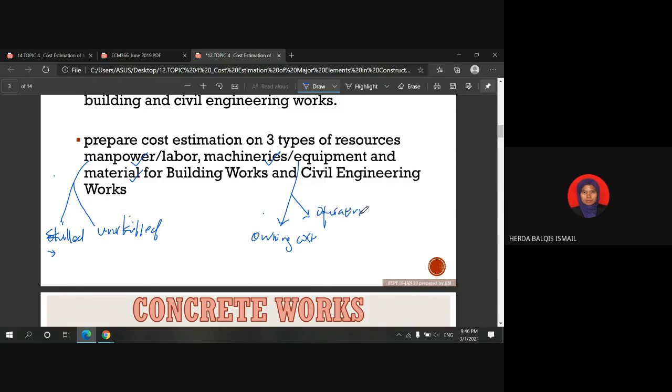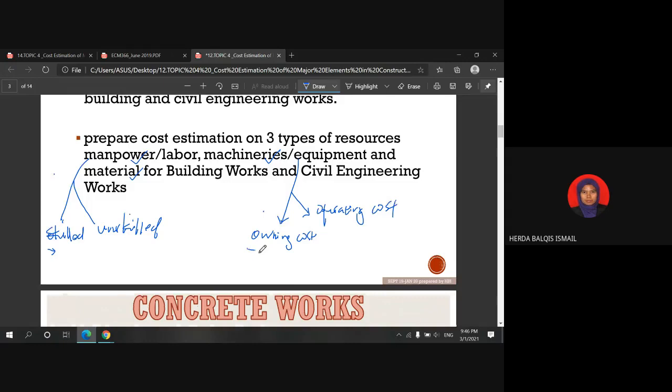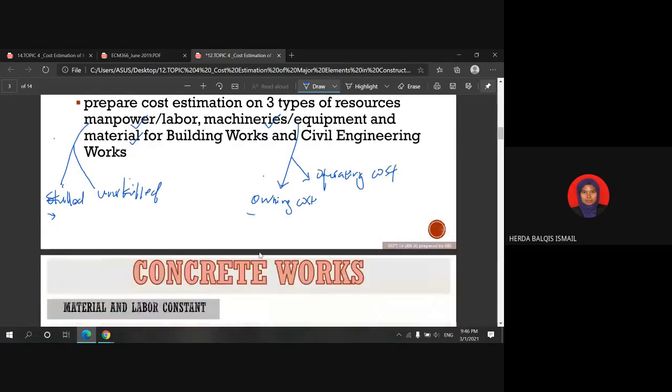Basically, under owning cost, it has sub-elements of costs that you need to take into consideration. And under operating costs as well, there are several types of costs which need to be included while calculating the